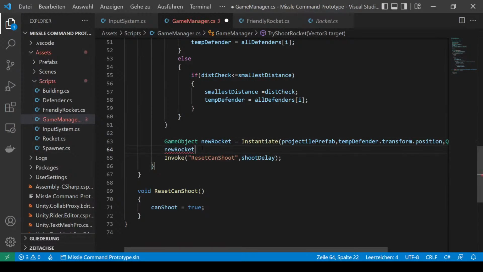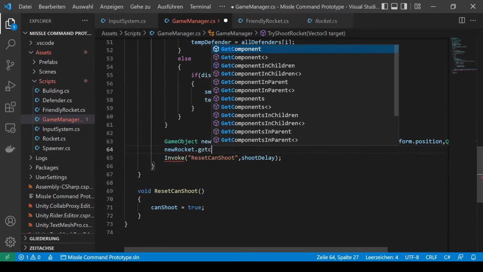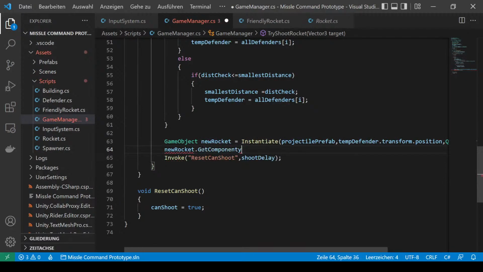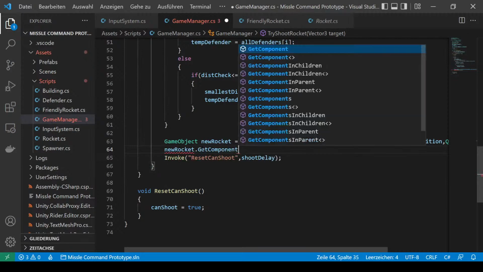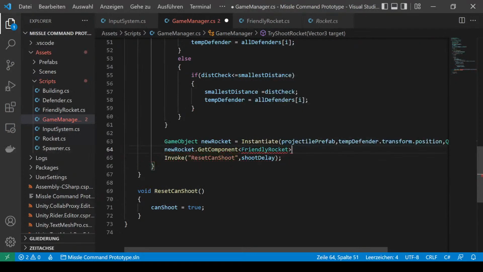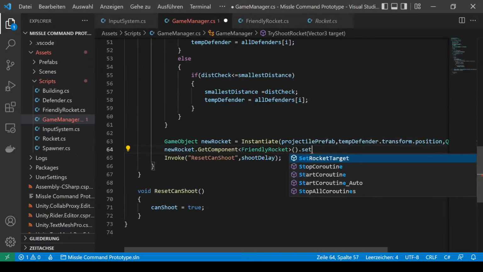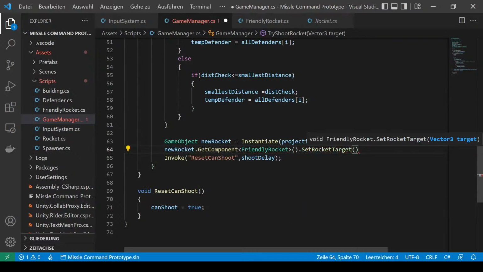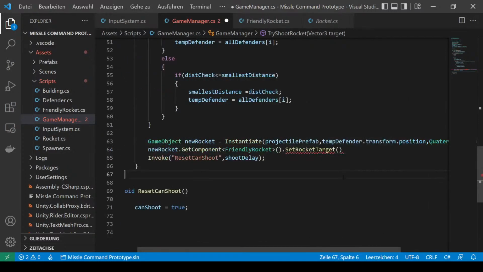So we're gonna say new rocket dot get component of type friendly rocket, open close parentheses, dot set rocket target, and the target, as we just noticed before, is going to be